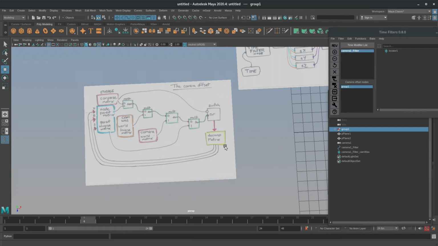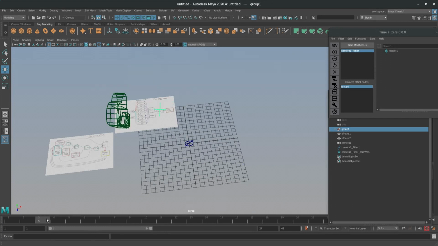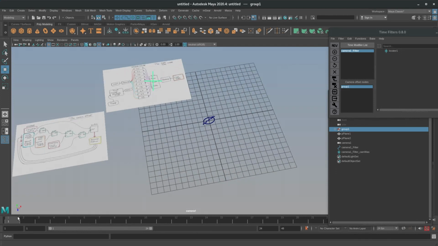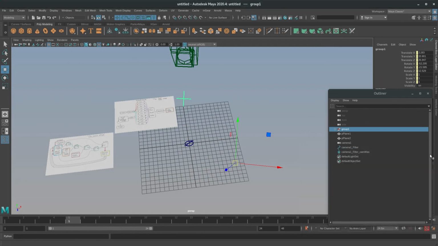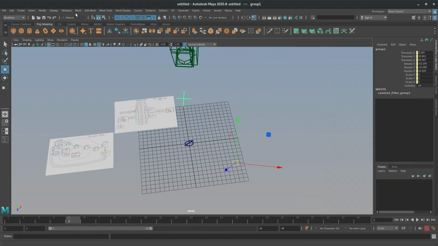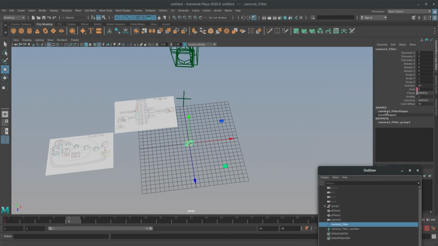For those of you who are familiar with matrix math or working with matrices in Maya, we'll have some sort of breadcrumb trail for how to replicate these results. But the point is that from a different camera, the motion looks kind of strange, but from your camera, it looks exactly like what you would want it to look like. And the addition of switch and blend nodes allows you to actually change the result. I can just grab this object here and change the result from different cameras. So if I want it to work from perspective, now it's working from the perspective camera. Or stick it back to camera, now it's working from camera.